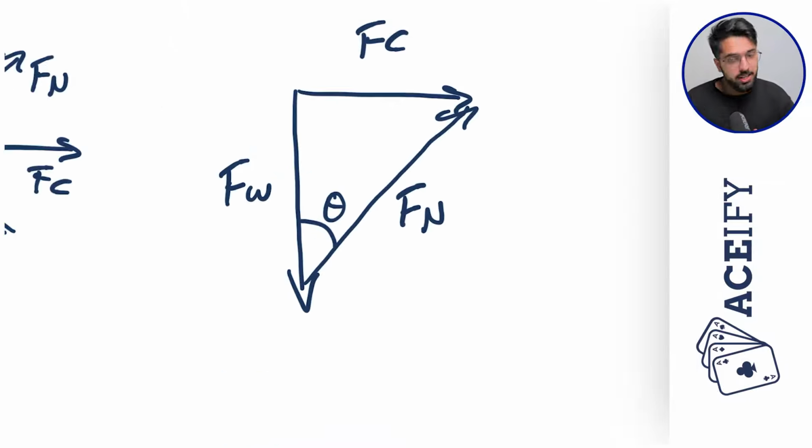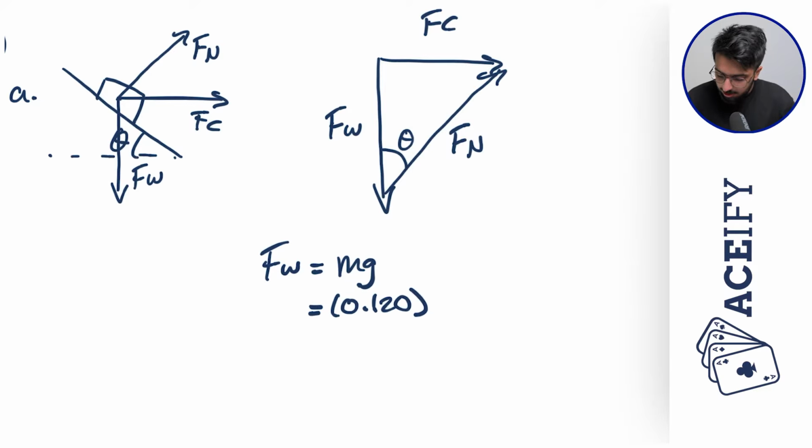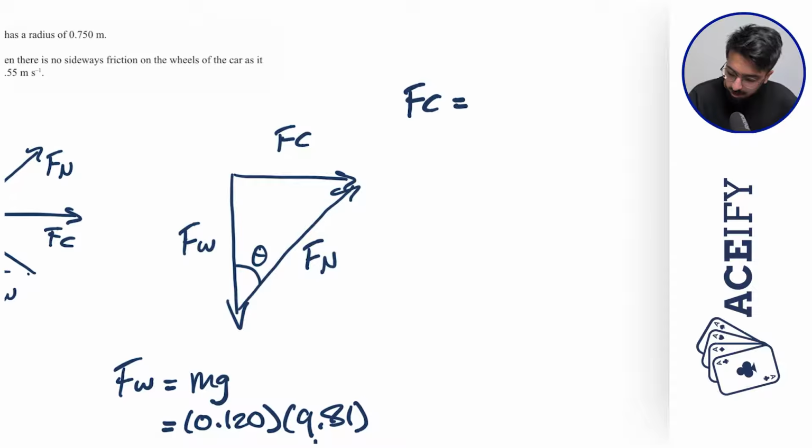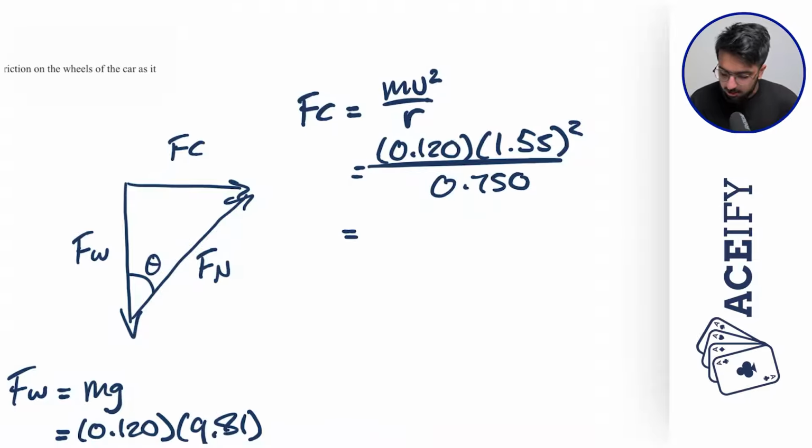So because we know that is our theta value, we can calculate our weight force, and that is obviously mg, where our mass is 0.12 times our acceleration, which is 9.81, and that gives us a value of 1.1772 newtons. And we can calculate our Fc as mv squared over r, where our mass is again 0.12 times our velocity of 1.55, and that's obviously squared, all over our radius of 0.75. And that gives us an Fc of